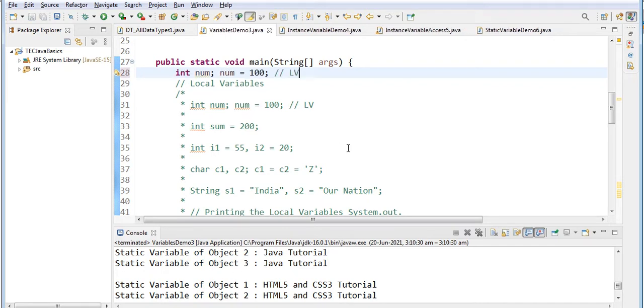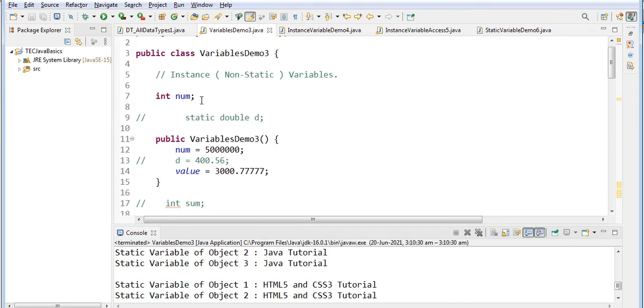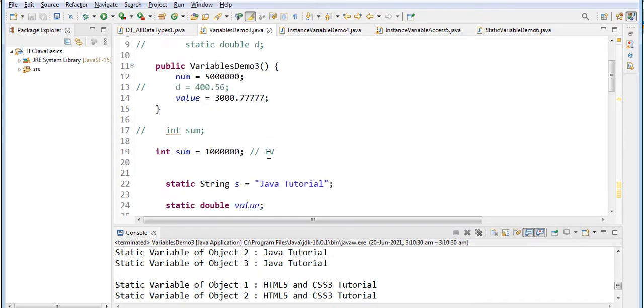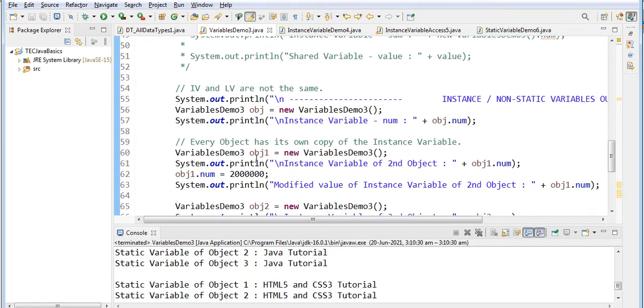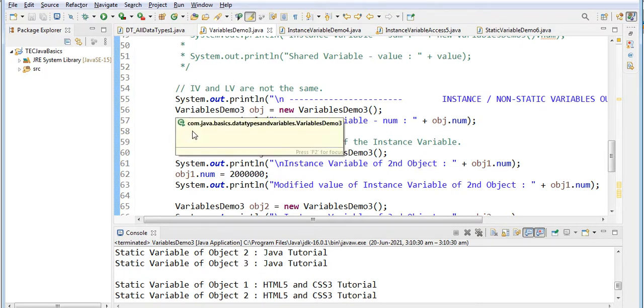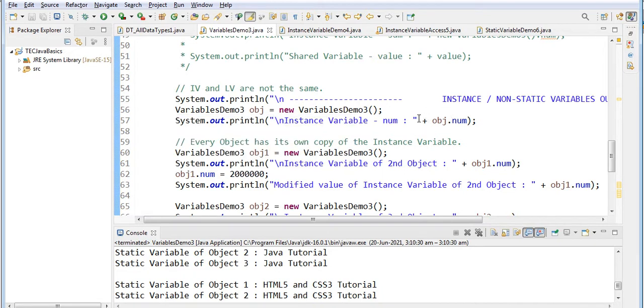And here I have int num, whose value is something like 5246 followed by zeros, some 50 lakhs. But this num value within the main method is 100. Both are not the same. If you want to access the class variable, you have to create an object. So I have created an object and I am accessing the class variable, nothing but the instance variable.